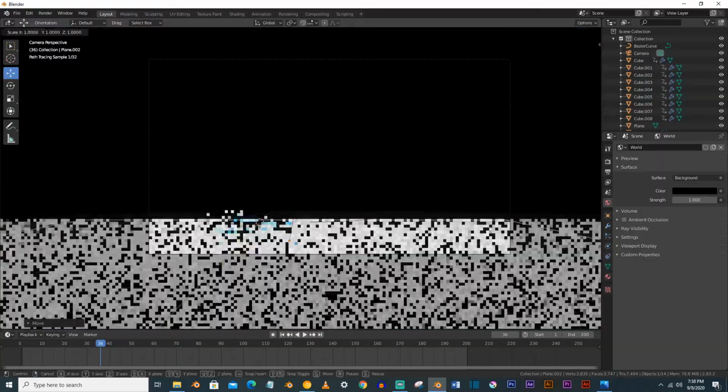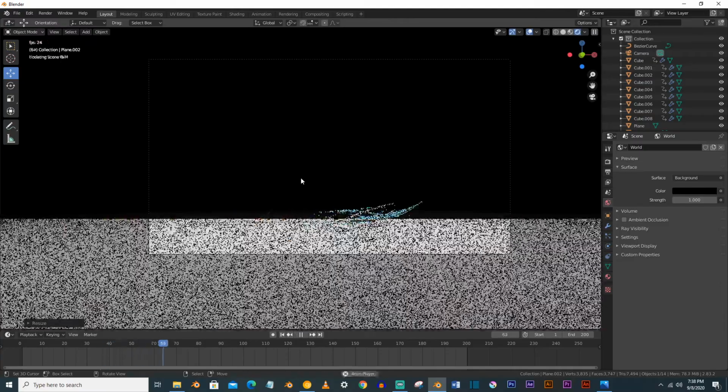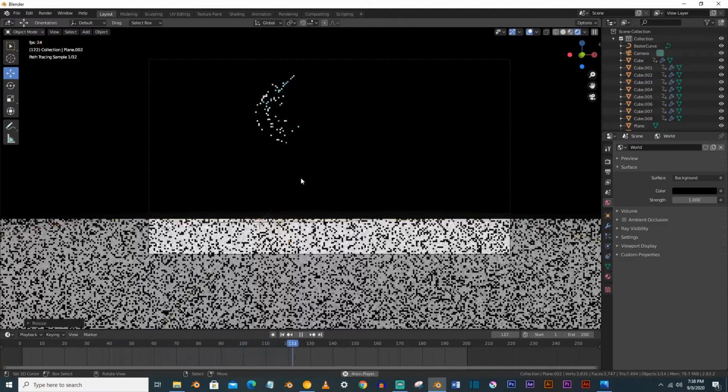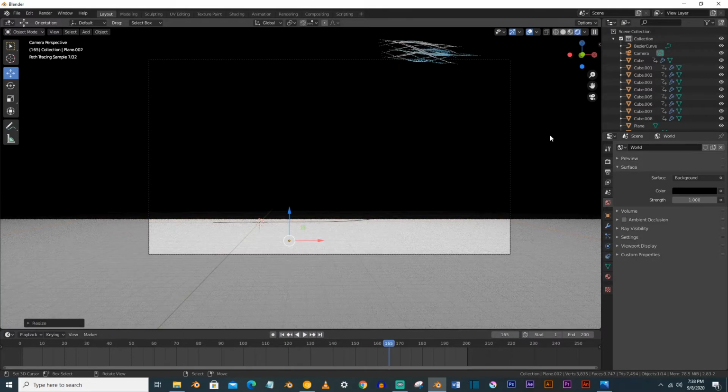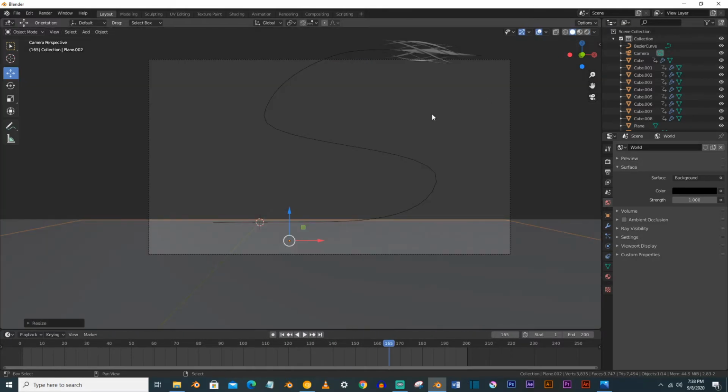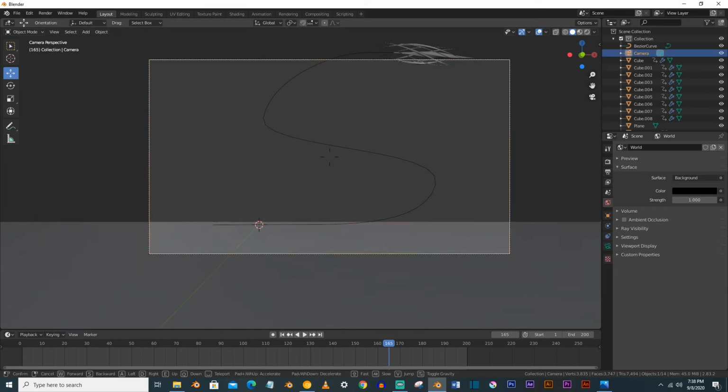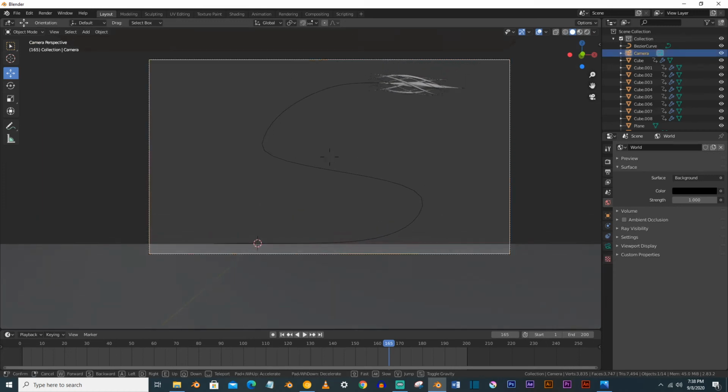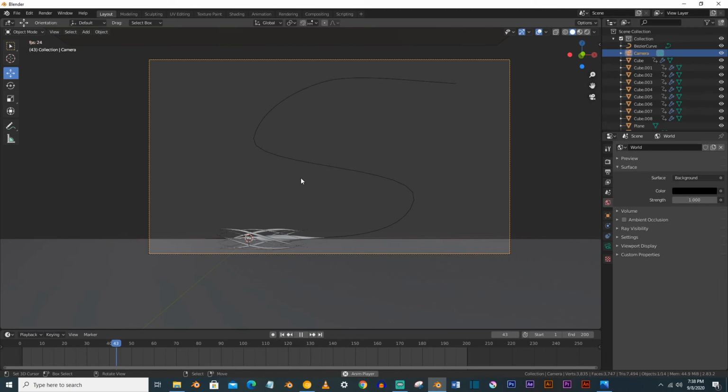So these are our crystals, you can see that. Just adjust the camera position like this, and we are ready to go. Now we just have to render it. You can render it on your own.